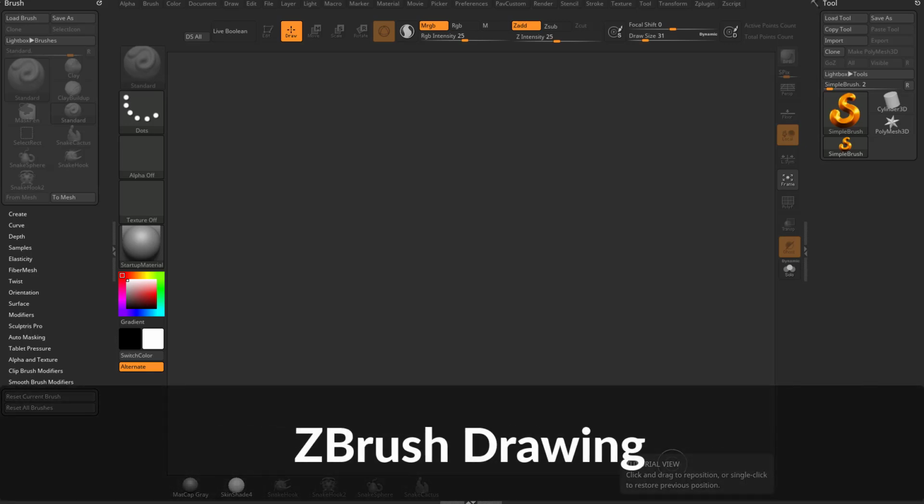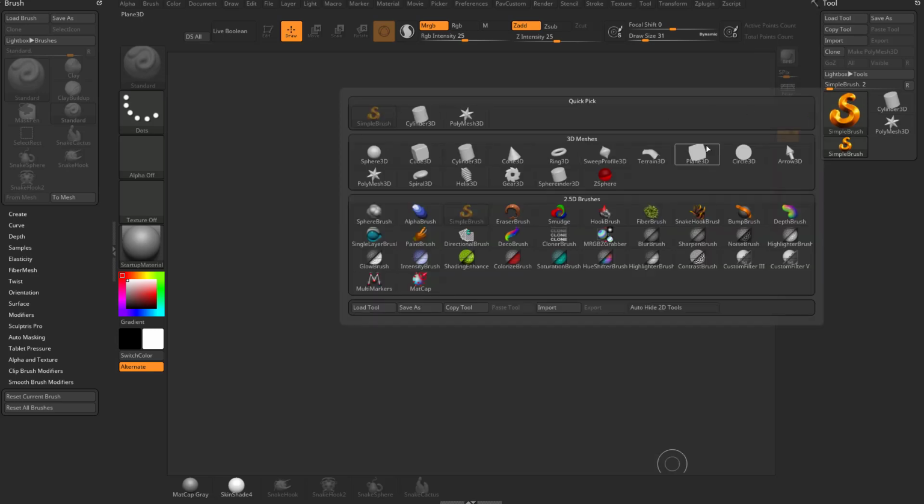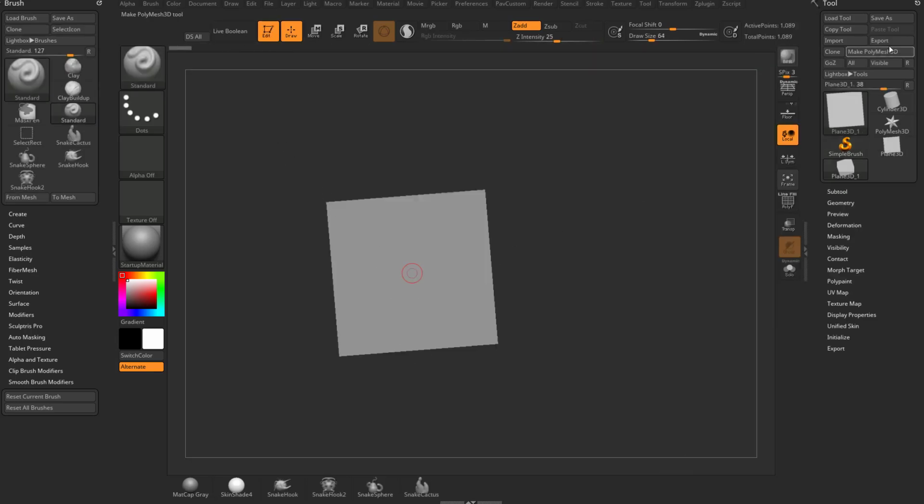Alright, so we touched on poly painting already in the basics course, and we even touched on poly painting on a flat plane, which is kind of like drawing. We're going to expound on that a little bit, but just as a quick refresher, I'm going to go into my simple brush here. We're going to go into plane 3D, drag it out, go into edit mode, make polymesh